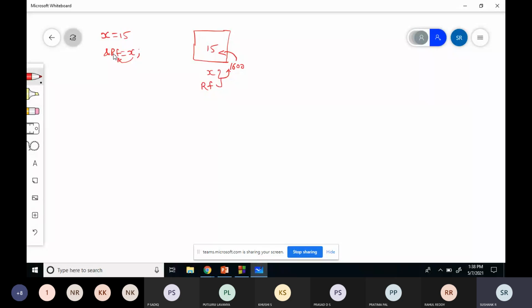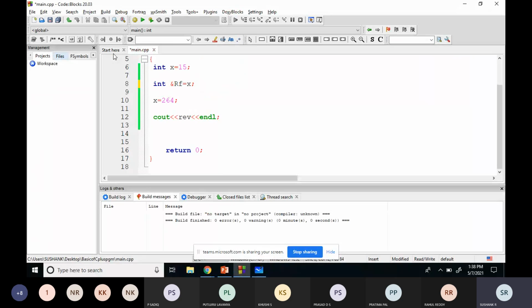Now I'll do the extension for this program. This concept we have already studied in the previous example.